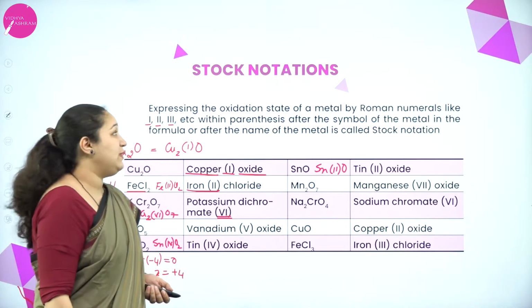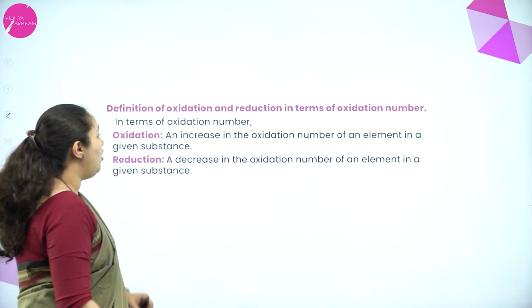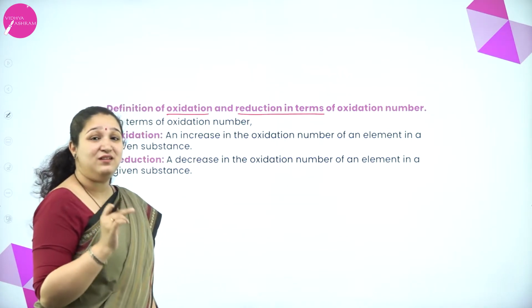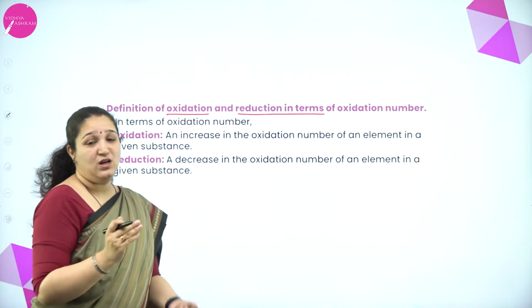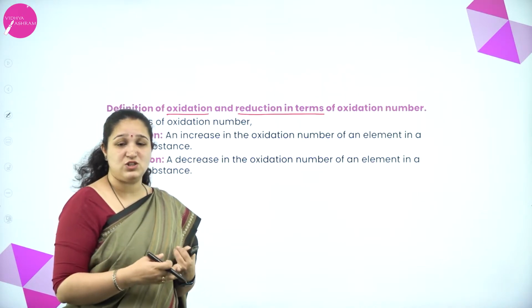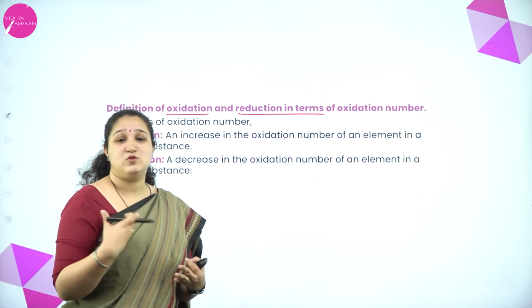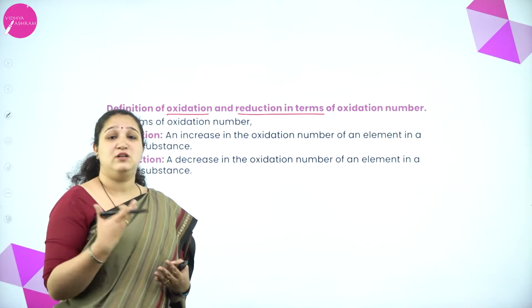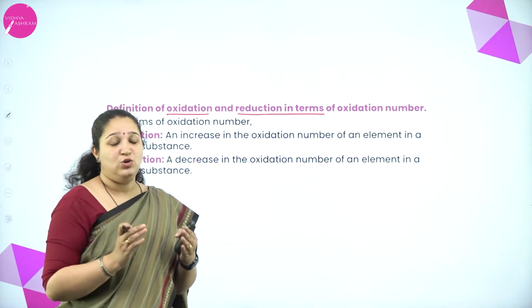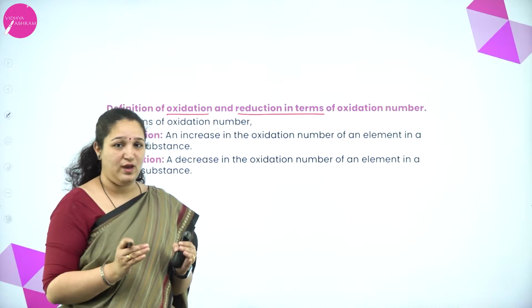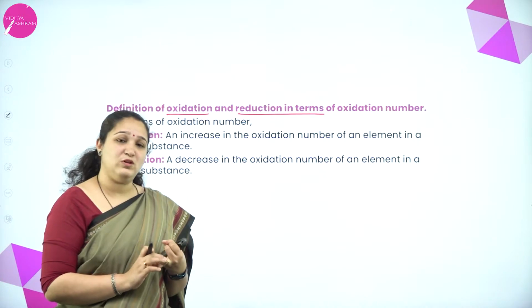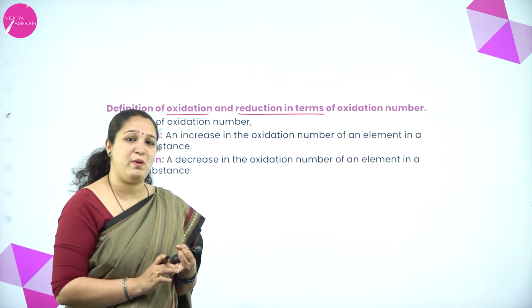Okay. Next, we will be learning about what is oxidation reaction and what is reduction reaction in terms of oxidation number. Now, you might think, ma'am, you have explained oxidation and reduction in terms of oxygen, in terms of hydrogen, in terms of electron. Now, we also have to learn in terms of oxidation number. Now, if you are getting confused, you can just stick on to learning in terms of electron and learning in terms of oxidation number. And both are very easy. I shall give you the trick to remember, okay.